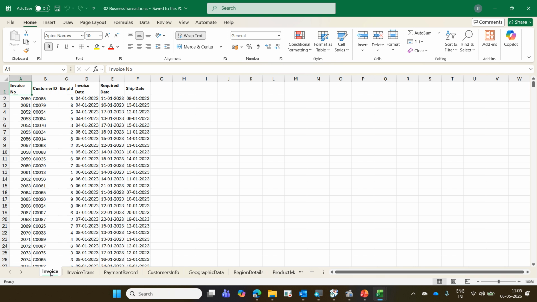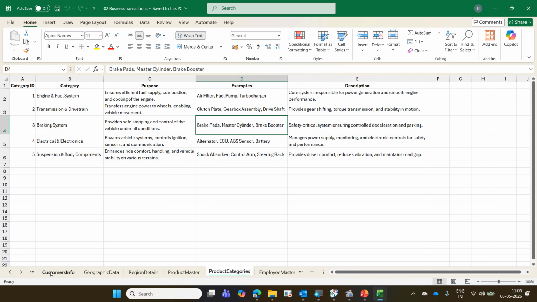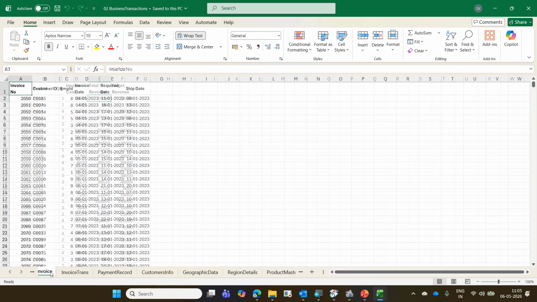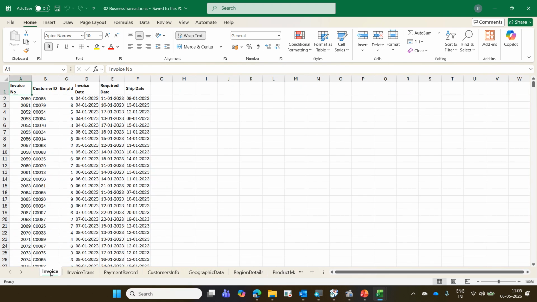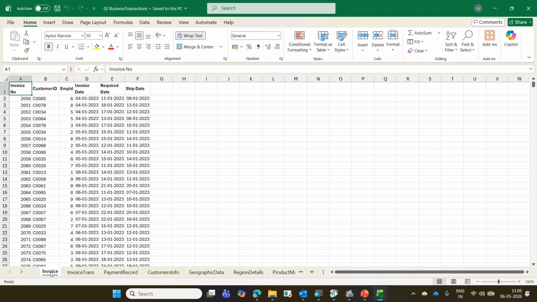How are we going to connect all these tables and how are we going to make a report? That's the next challenge here. And fortunately, you will have some link from one table to another table. You should have a link. For example, could you tell me what is the common column between the tables? I have a table called invoice. I have a table called invoice trans. Do you see any common column or common data between both tables? Invoice number. Very good. So there is an invoice number common between two tables.